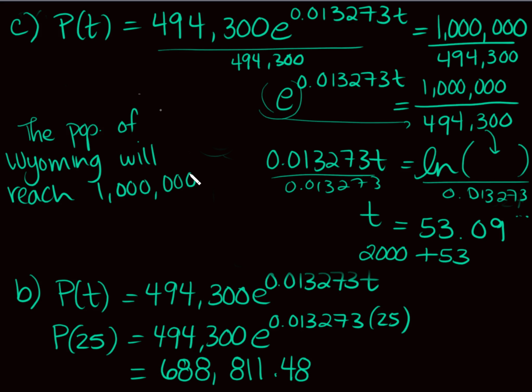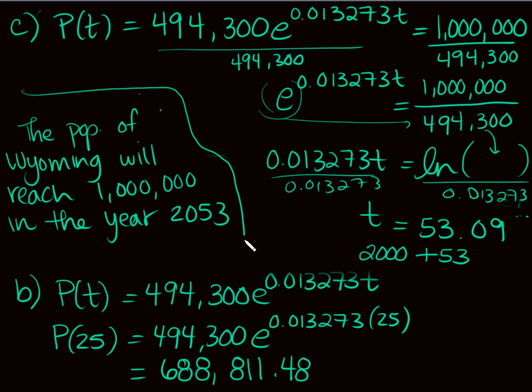In the year, pretty close to the beginning of the year, right? But I know it'll reach it in the year, estimated in the year 2053. Okay, I hope that makes sense. These should be pretty straightforward. Population growth, I think, once you work with that function a little bit, you'll see it's relatively